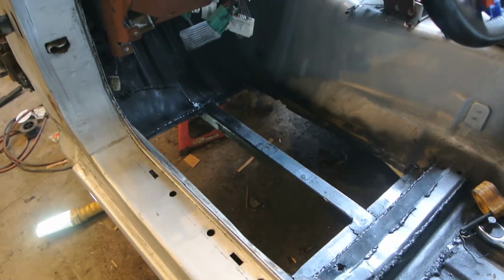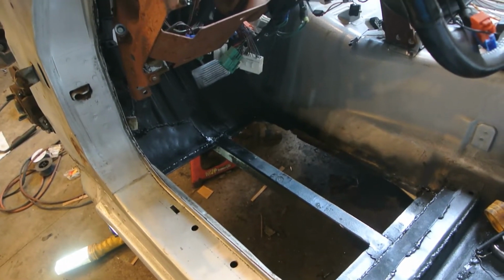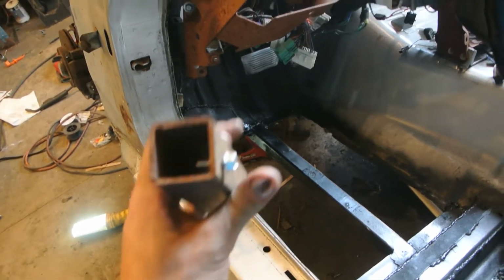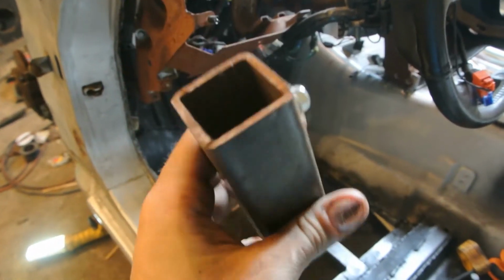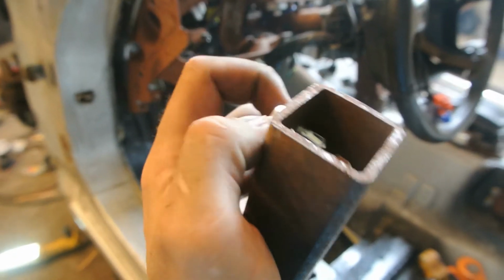Because the floor is already reinforced, I don't really feel the need to weld in the floor pan to add rigidity to this side of the car. And for welding and time's sake, I think I'm just going to use self-tappers. I tested it out on the same piece here, and it goes in, threads itself kind of nicely,